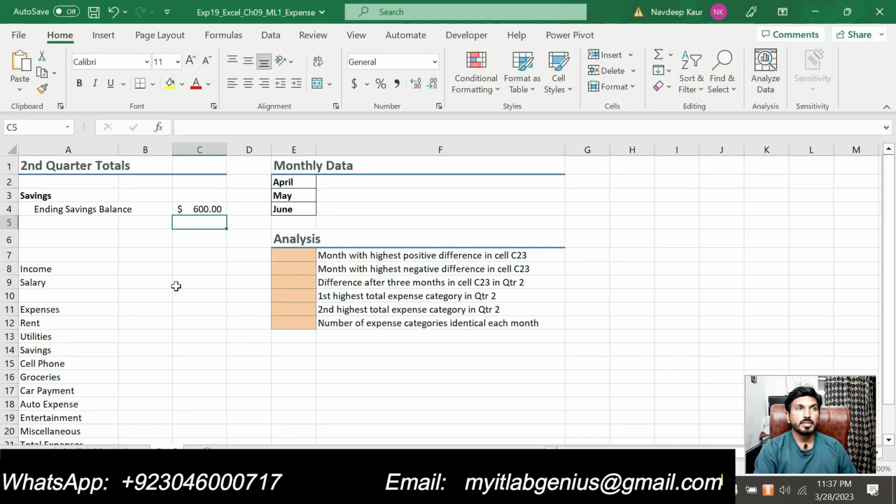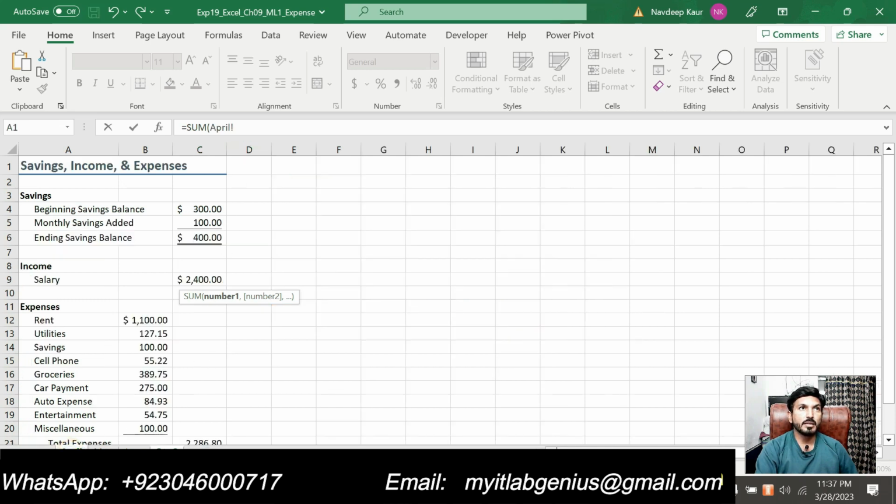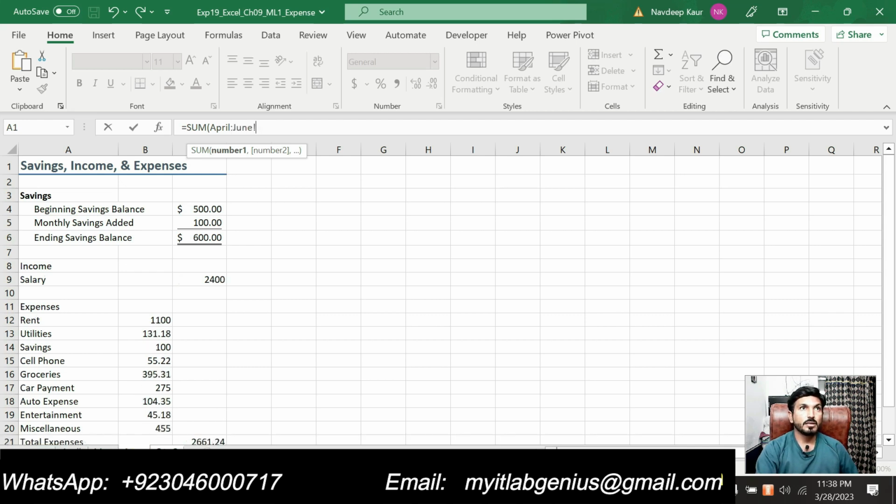So we are supposed to enter a formula in cell C9. So this is cell C9 of the quarter 2 worksheet, and now we are supposed to enter a 3D reference formula. So we will type an equal sign and type sum. Now we are supposed to add the salary for all 3 months. So this is the April, so we will go to the June worksheet and we will select the salary